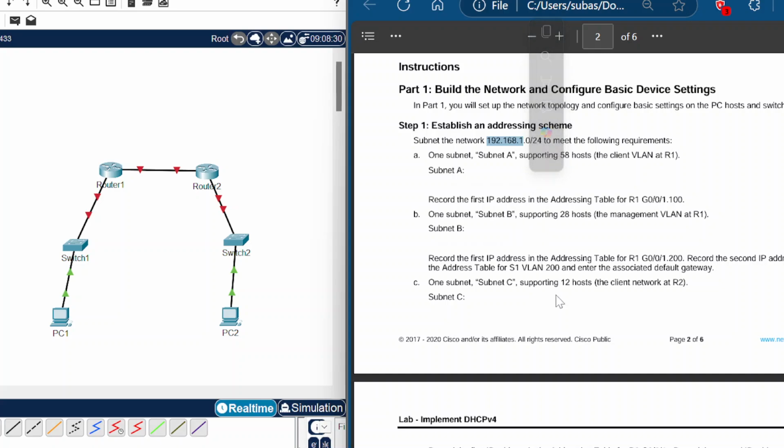64.64/27, or is it 64? Okay, so that's going to be that, and then the last one, subnet C, which supports up to 12 hosts, and this is on client. This is on router 2. So we're on router 2. We're done with router 1. Now we're in router 2. So for router 1,